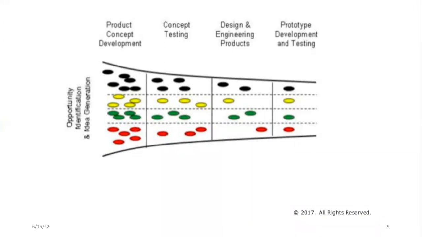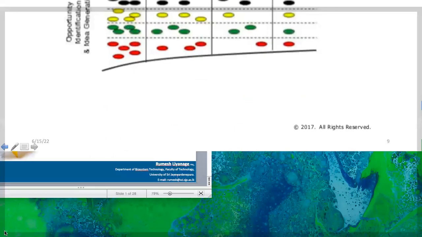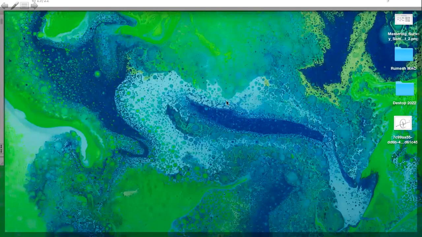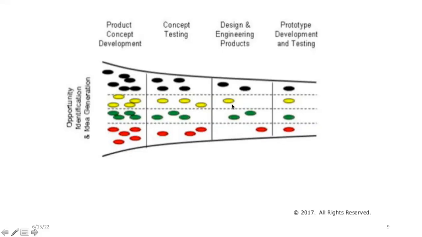But when we consider the output, we have so many ideas, but when we observe the outputs, when we have 1,000 ideas, there might be around 1 or 2 products. So there are so many opportunities and ideas, but there are some